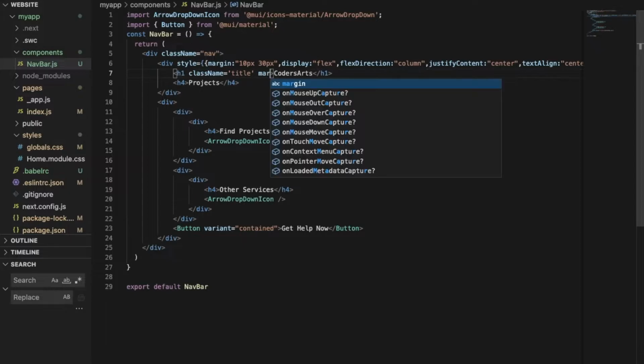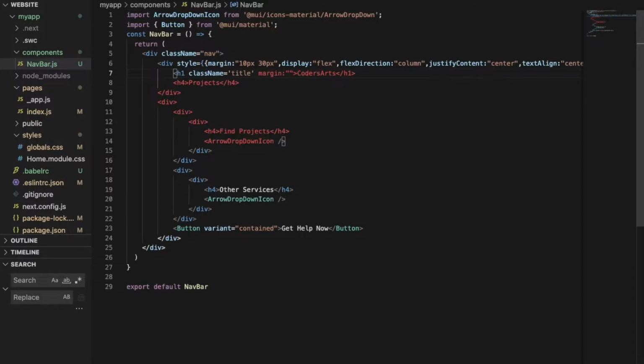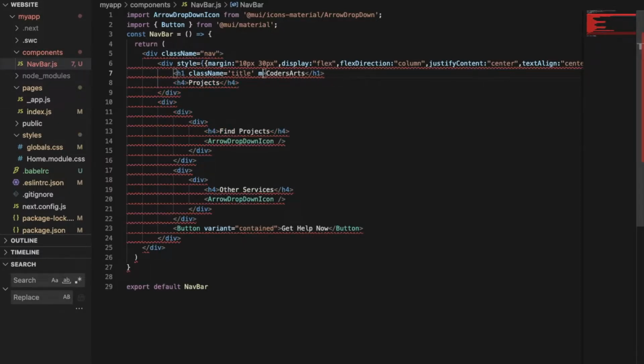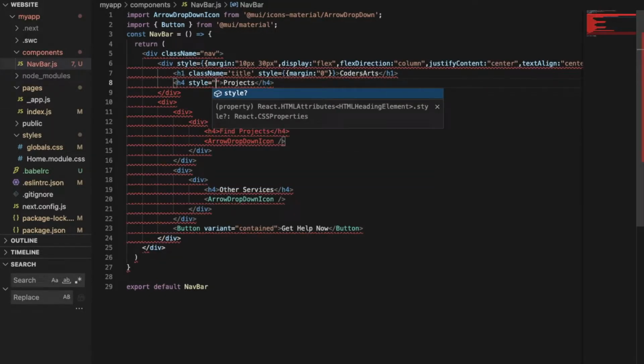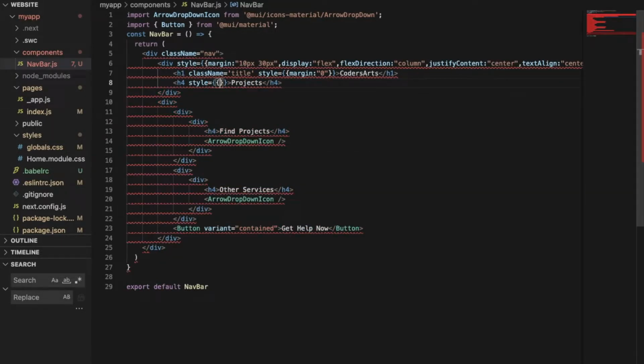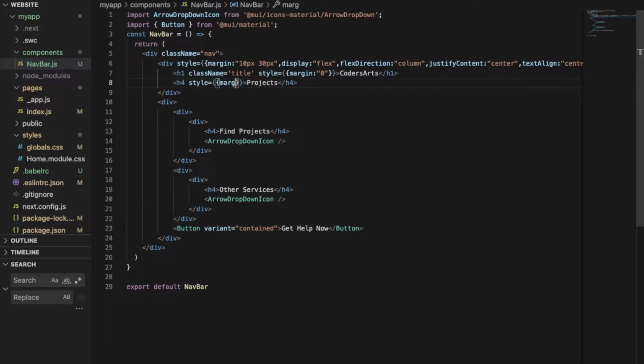Okay, so we'll say style margin 0. Yes, now it is right. And we'll go to this h4 and we'll say style margin would be 2 pixels,